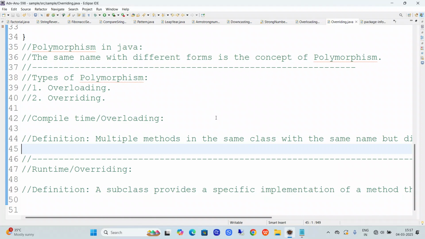Before that, I will tell you one thing: the benefits of polymorphism. So there are two main benefits in polymorphism, like flexibility and extensibility. So you can write code that works with objects of different types, reducing the need for duplicated code. And the second one is that you can add new classes and methods without changing existing code that depends on